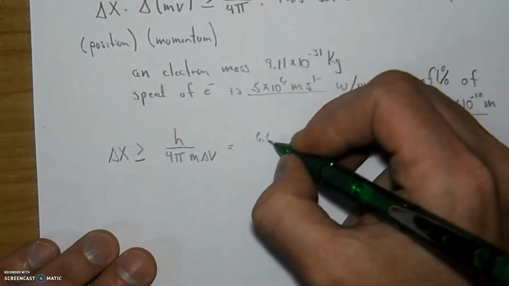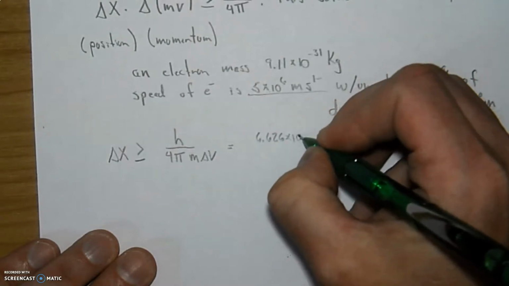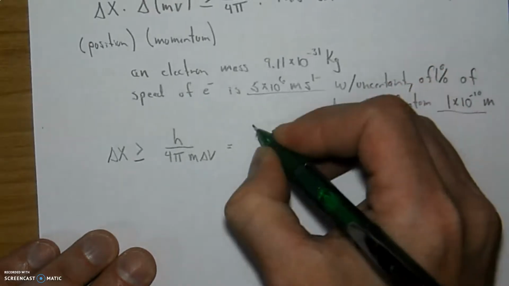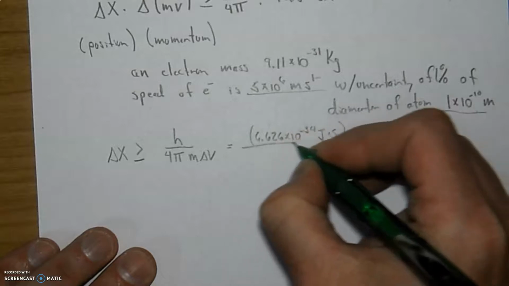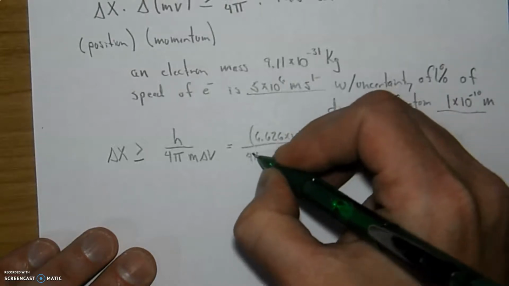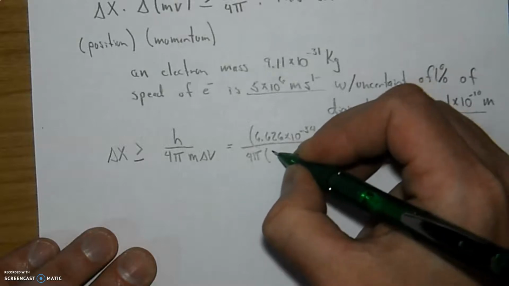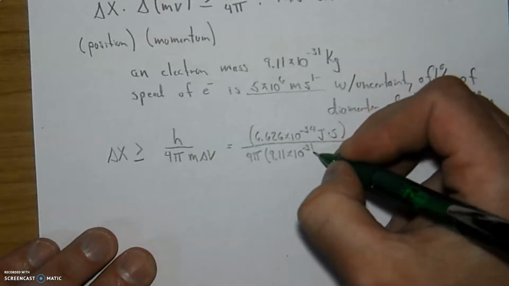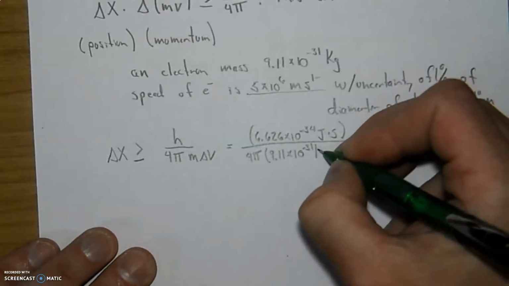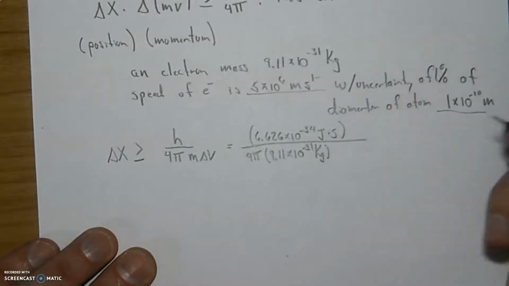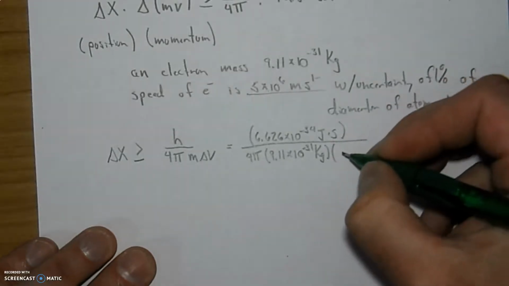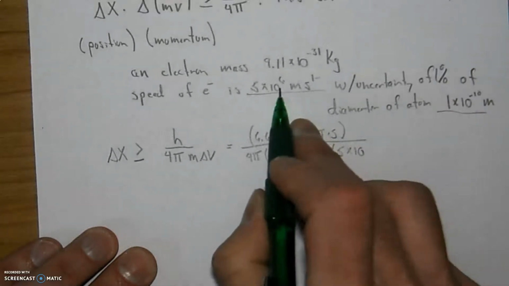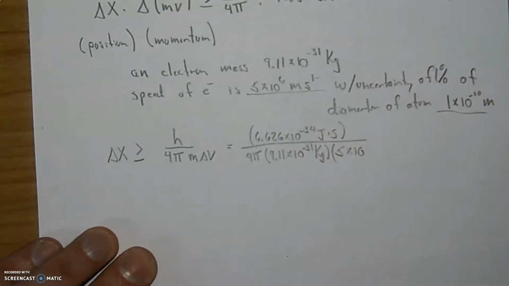So 6.626 times 10 to the negative 34 joule seconds. 4 and pi, that doesn't do much at all, just kind of there. The mass, we said what that was, 9.11 times 10 to the negative 31 kilojoules, that's fine. I'm sorry, kilograms. That works itself out into this equation. And then based on the velocity, 5 times 10, and we're looking at this one right here